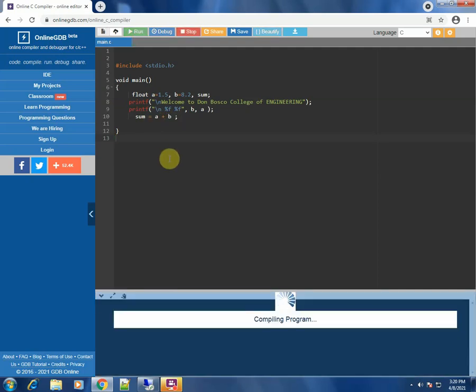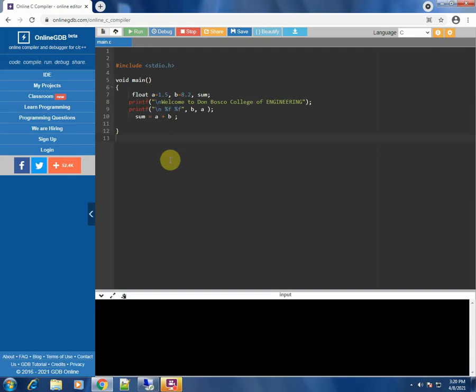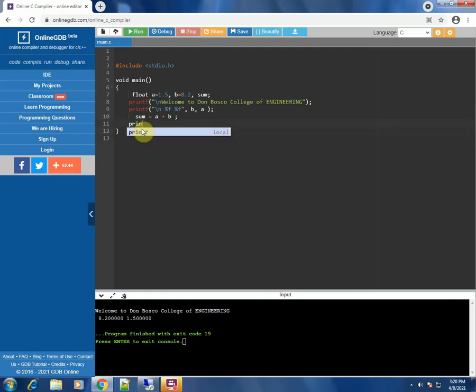Okay, let's run the program and let's see. Now sum has the value of a and b. It has done the operation of addition of the numbers a and b, but we are nowhere printing the sum variable. Hence let's write a printf statement to print the value of the sum variable.